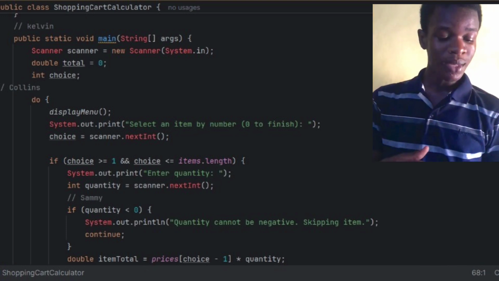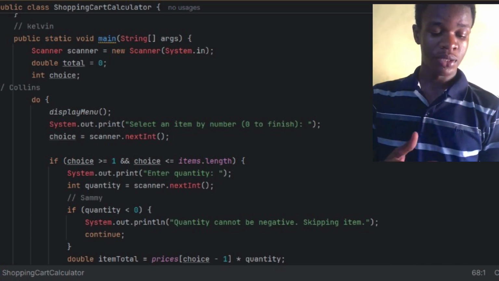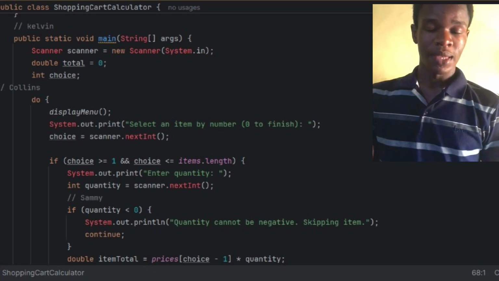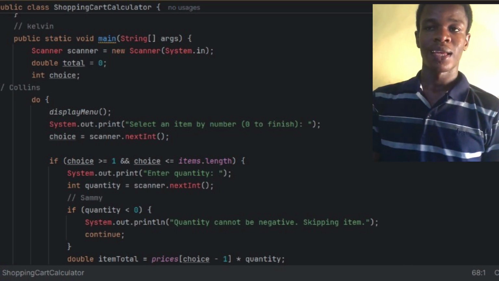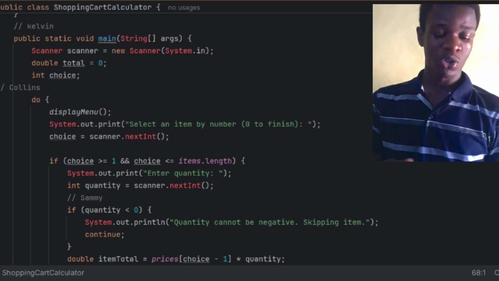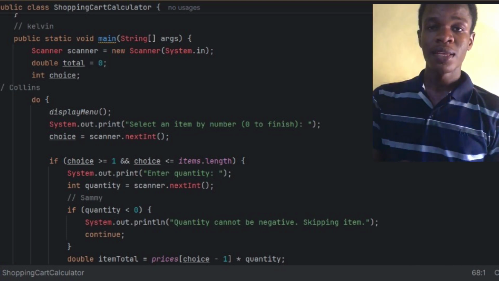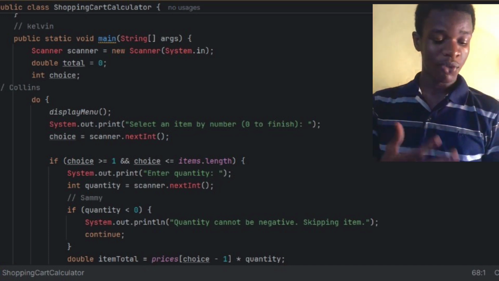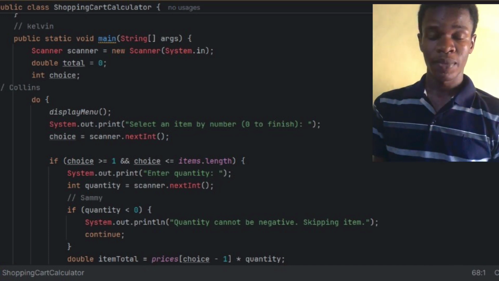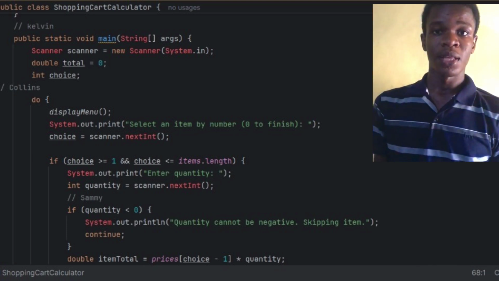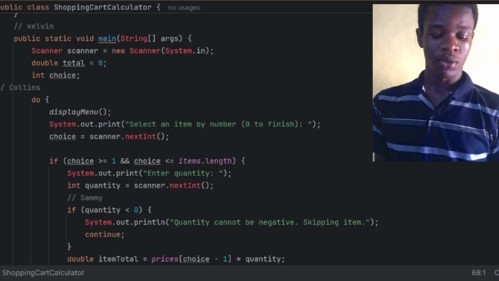So line 38, it says choice equals scanner.nextInt. It means that the number the user will enter will be stored in a variable called choice, and then the scanner there receives input from the user. Line 40, we have the if statement. It says that if the choice, that is the number the customer entered, is greater than or equal to 1,